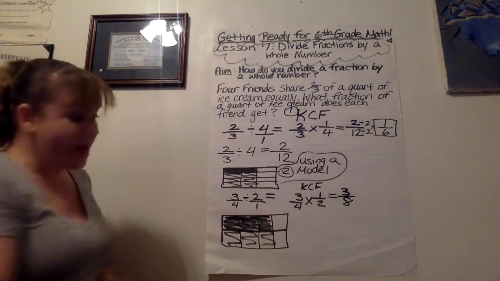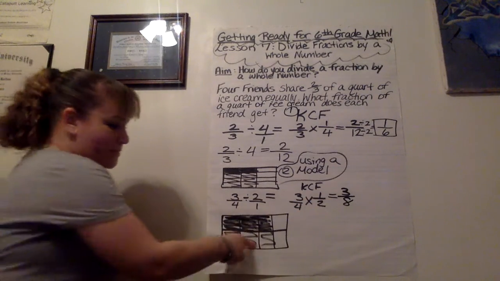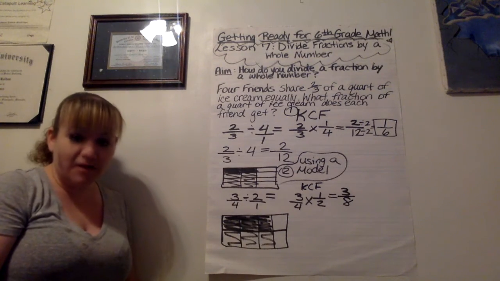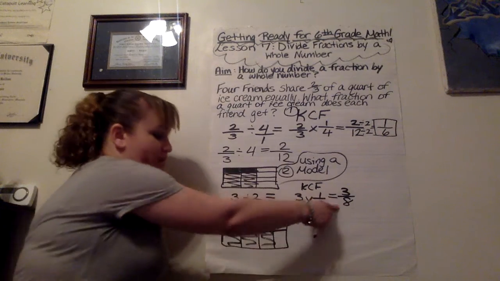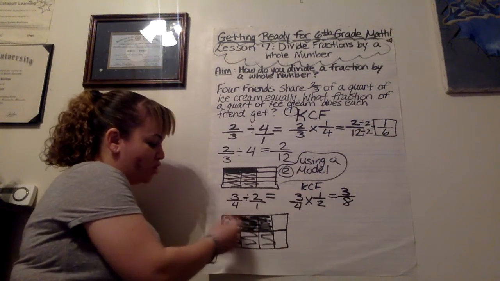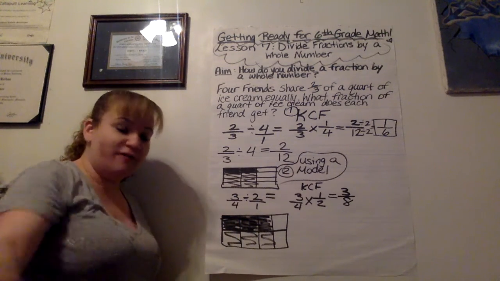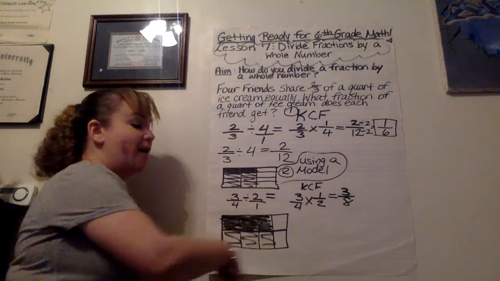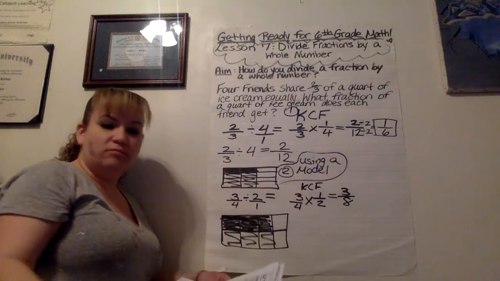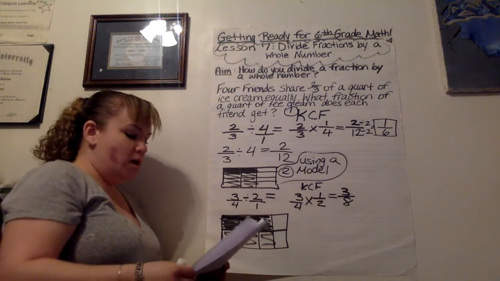And if you look at KCF, 3 times 1 is 3, 4 times 2 is 8. Does this model match my KCF strategy way? Is it the same answer? Yes. One is through numbers and one's through a model form. You're basically finding which ones have been shaded twice. Twice shaded out of how many altogether? Now, 3/8, can I make that into simplest form? No, there's no number that goes into both. Okay,